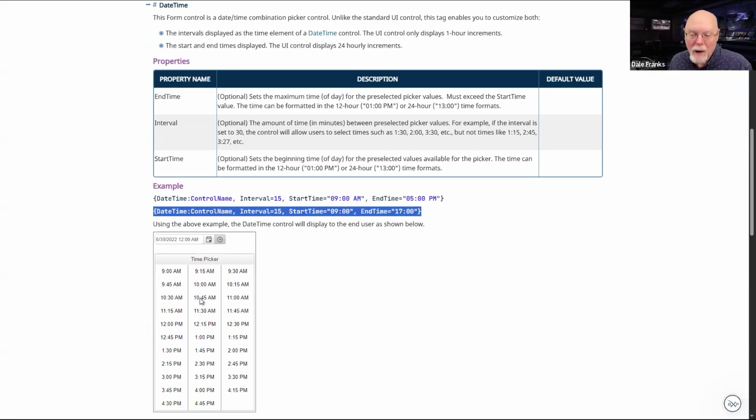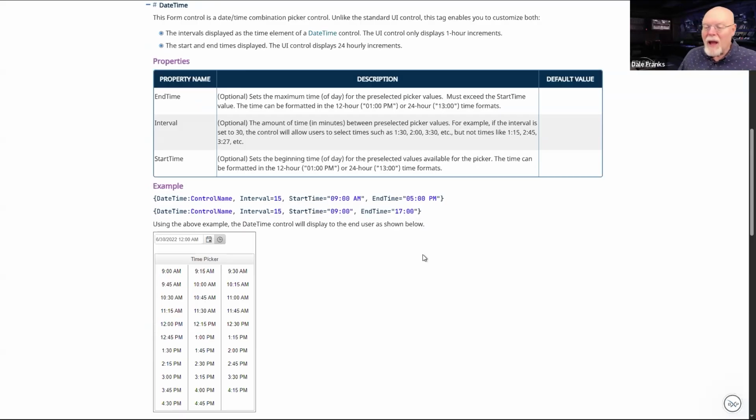And then I would see a control that looks like this image example here. So if I want to do this sort of control, then I literally have to use the date time control system variable control rather than using the UI control.